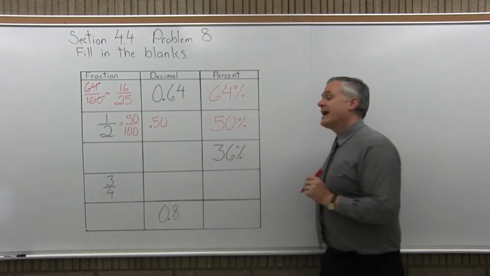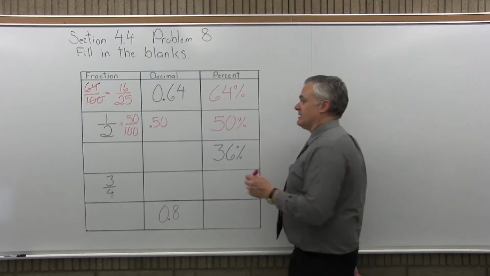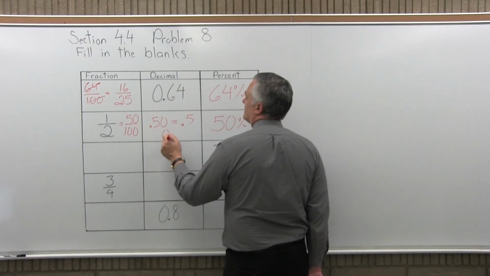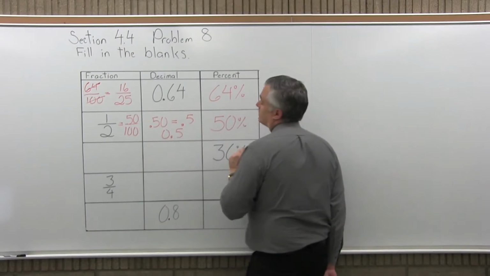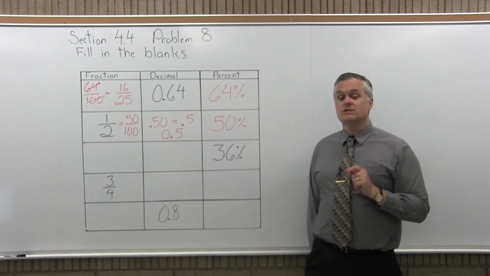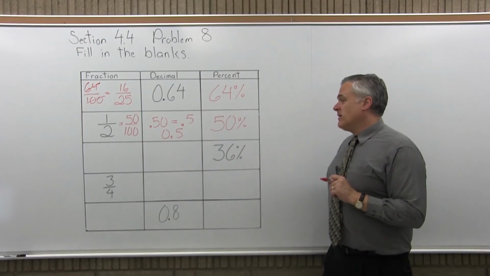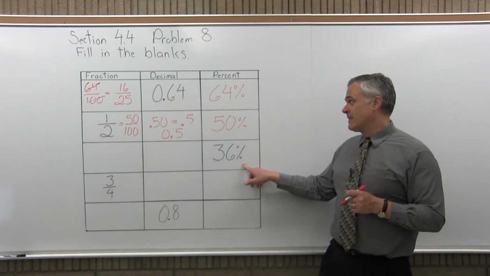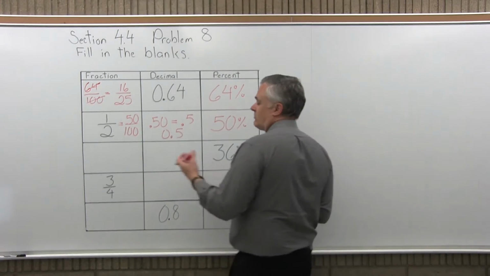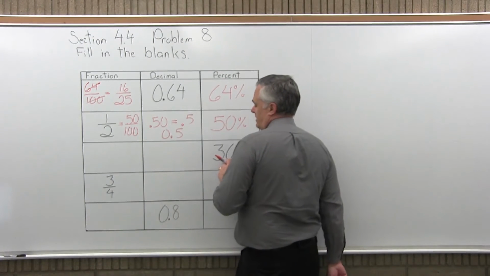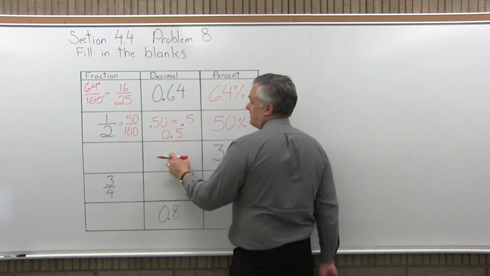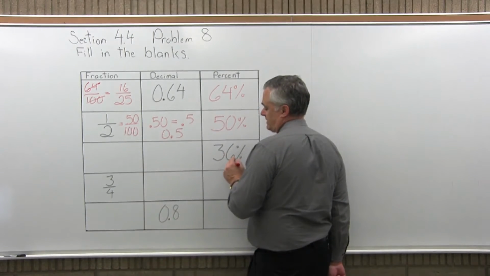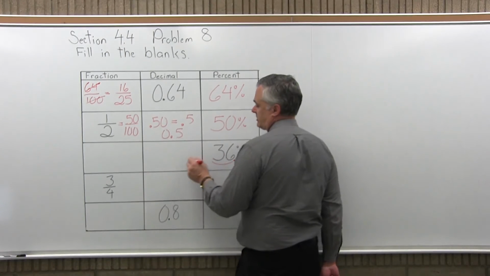Now, typically, you don't have to write the 0 at the end, so we could just say 0.5. Some people like to write a 0 in the beginning, so you could say 0.5. That'd be OK. So I would either do .5 or 0.5 for that one. Now, the next one down, we have 36%. You can really do this in either order. The decimal, I will just take the decimal point where I assume it to be just after the 6 and go 2 places to the left and make